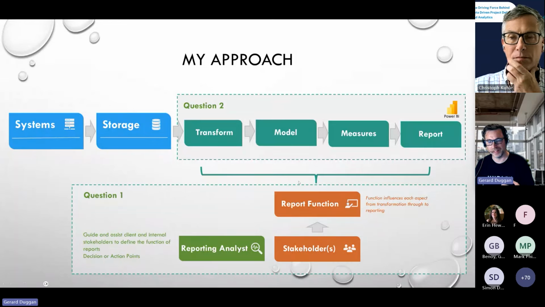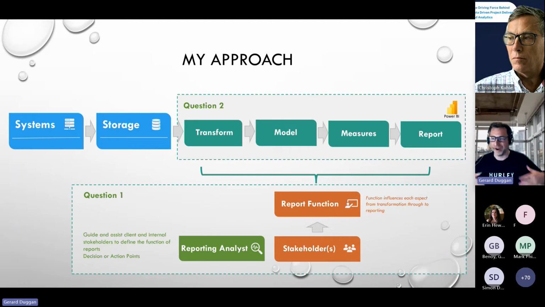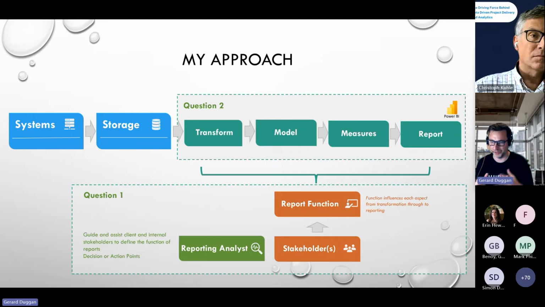So that's my approach, is to develop that relationship with the stakeholder to then understand what is the function of the report. Once you understand what the key function of the report is, it makes everything where you're creating the report much easier. There's less guesswork. You may not then necessarily need to collect all the data for everything. You now know you're focused on what you need to produce, so you only need to go in